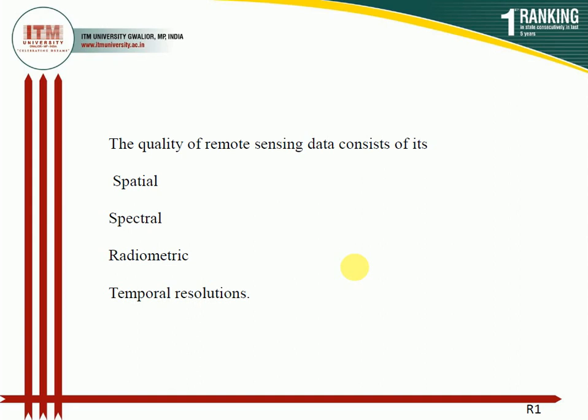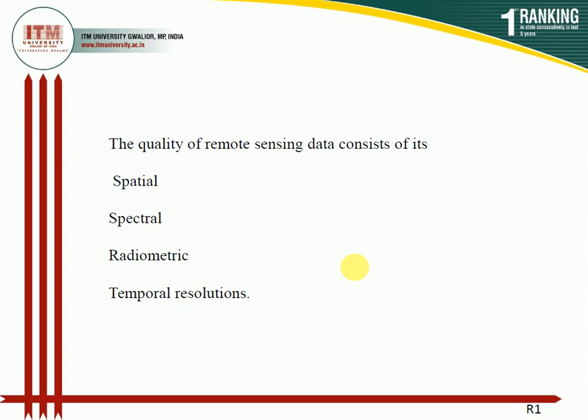In the temporal signature, it is the change of reflectivity or emittivity with time. It may be diurnal or seasonal. The variation in the reflectivity during the crop growth helps to differentiate crops which may have similar spectral reflectance, but whose growing cycle may not be the same. Means different crops having different growing cycles can be observed with the help of temporal signature.